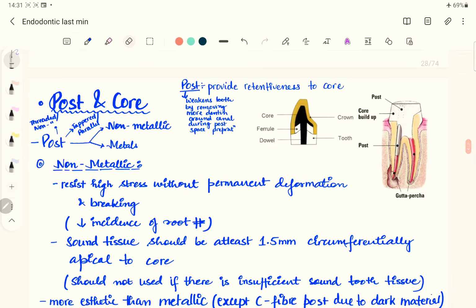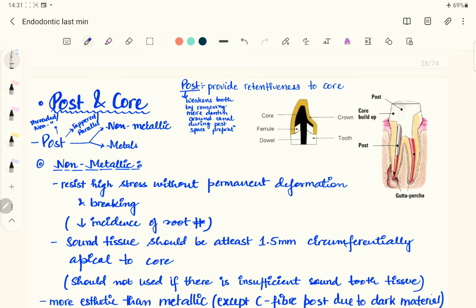This video is a continuation of the express revision course for endodontics, and today we'll be discussing a few important points about post and core. So post is something which is inserted into the root, and core is the kind of filling which is applied to construct the tooth structure. So this is about the post and core.